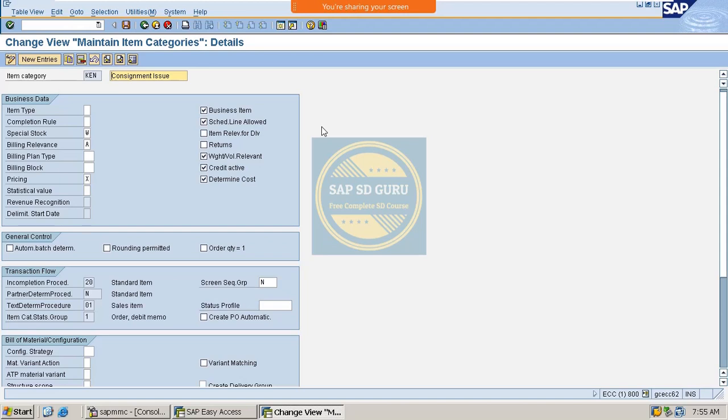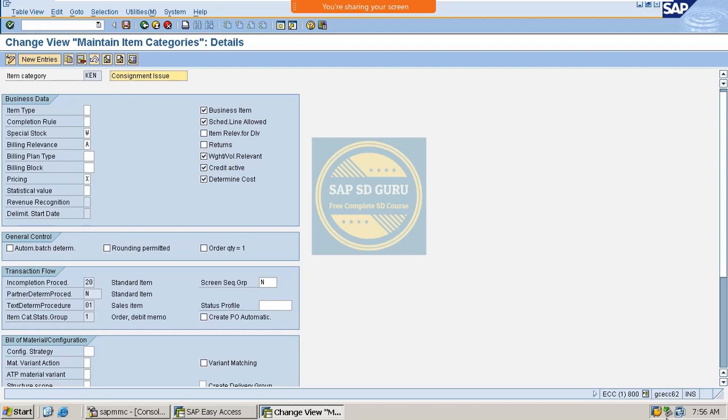If the billing relevance is A, which is delivery related billing, we will use it for the item categories TAN, the standard one, and TAE, and TANN, and TAX, material determination header pricing. NLC, intercompany STO, NCRN, intercompany STO returns, TANN, free goods, KEN, consignment issue, LPN, scheduling agreement, TAK, make to order, TAB, IPO,